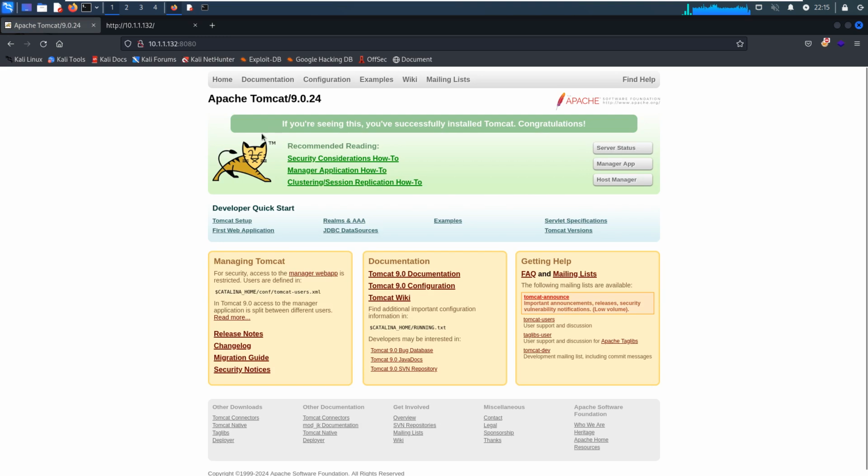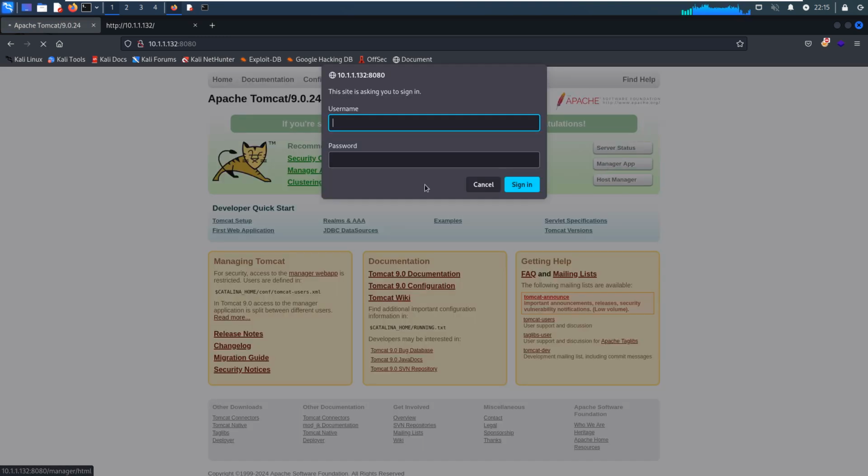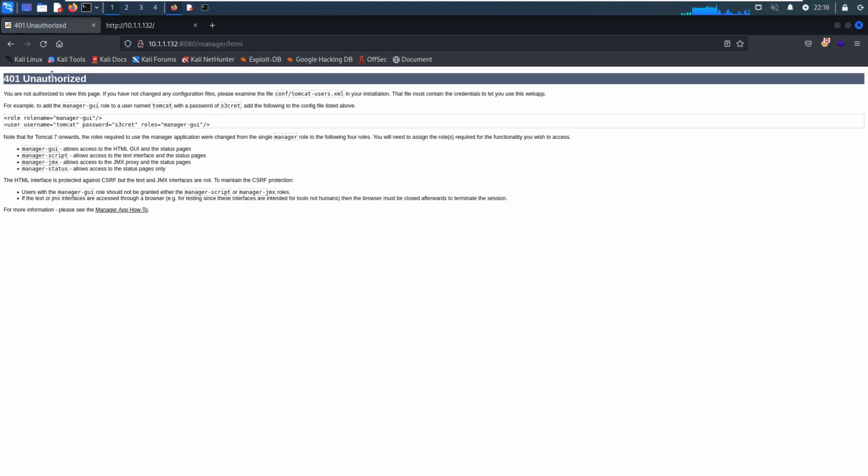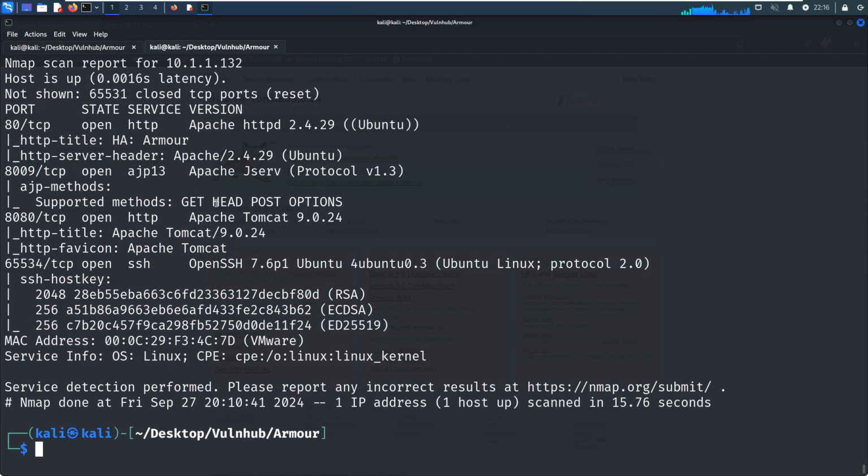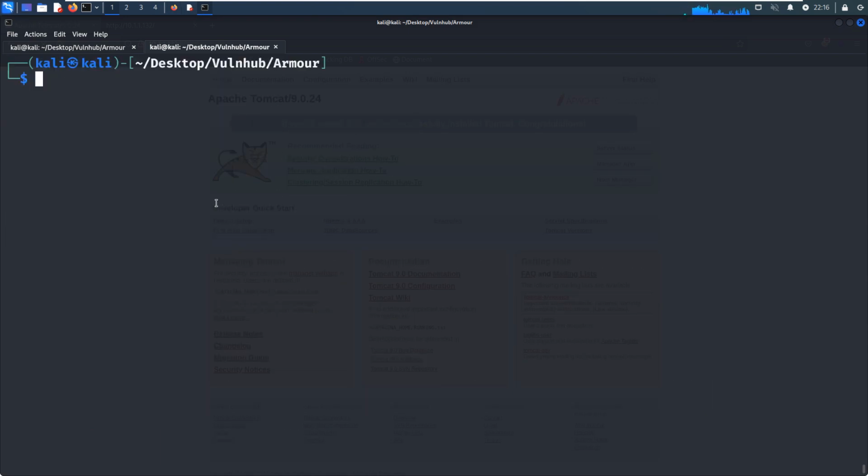Okay, this is the default Tomcat page. And here, the manager, we can put, for example, a domain, because I've already demonstrated this technique, I mean the Tomcat exploitation, a lot. Sign in, but failed. And also we can launch the Metasploit console. There is one module which deals with the manager of Tomcat and can enumerate the username and password.